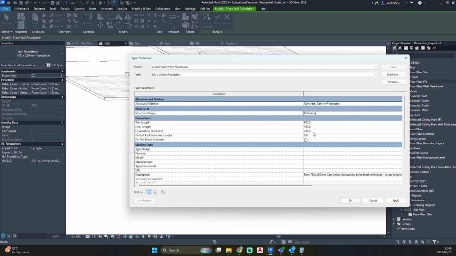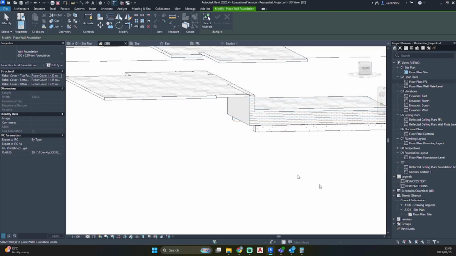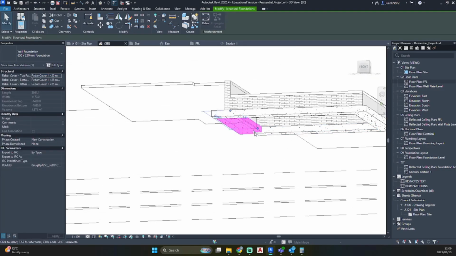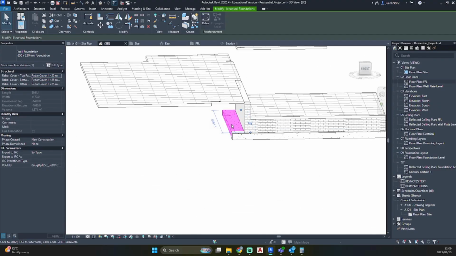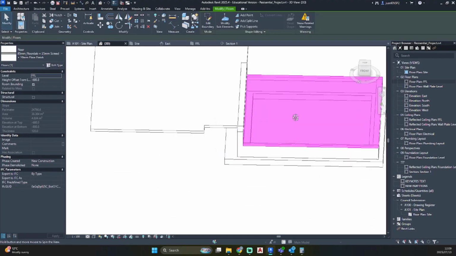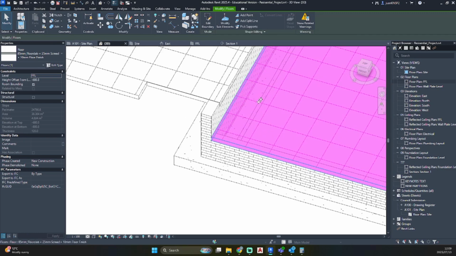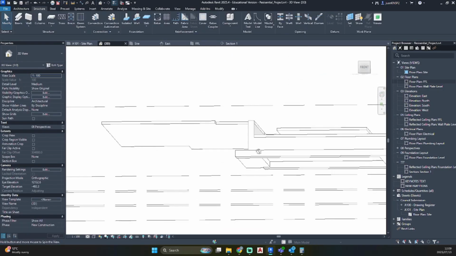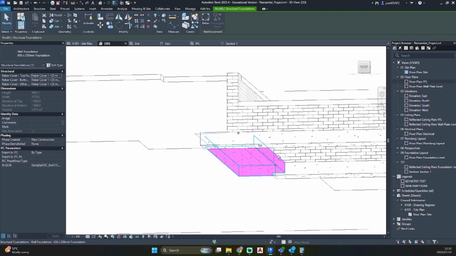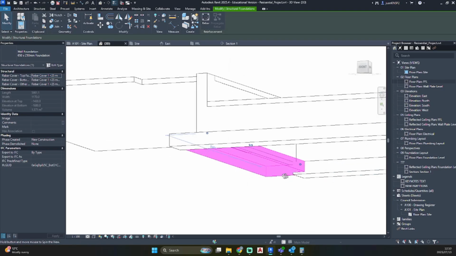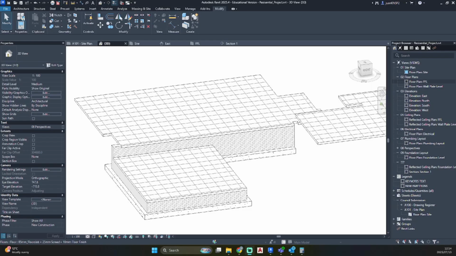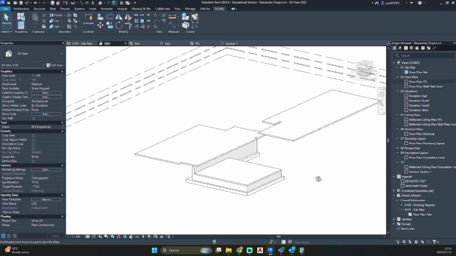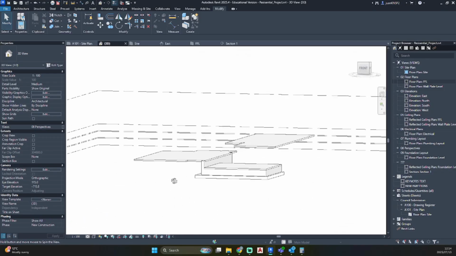So 600 by 30 by 250. If we leave it as is just to showcase what that does, if we hit apply and OK and we click on our retaining wall, you'll see that it has extended a lot more on the one side. So you'll see this side is 300 and this side is 600. So for this, as you can see, it's also thinner and we would like it to match our strip foundation. Okay, so now let's do the rest of our foundation walls.